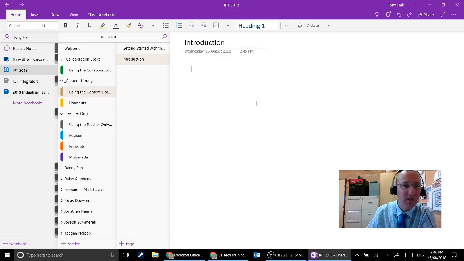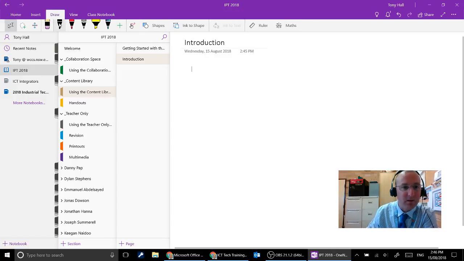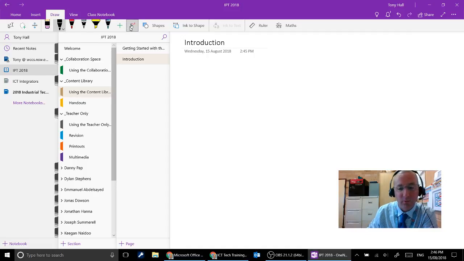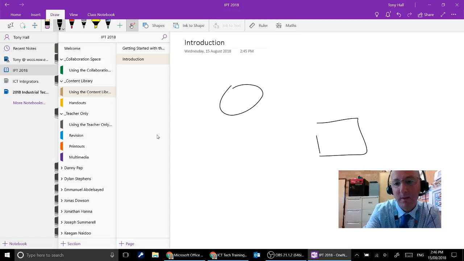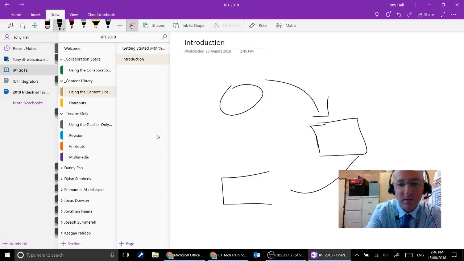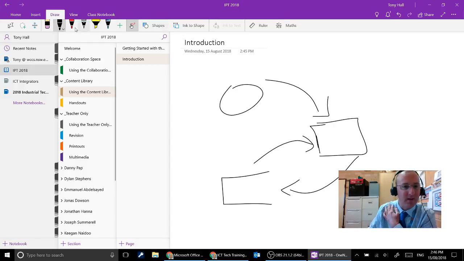So if I grab my drawing tab across the top here, you'll see I can choose my pen, and I'm able to select that I'm going to draw with my finger because I haven't got my stylus here at the moment. I can then simply draw a diagram, which is not going to look very pretty with my finger. I can do some simple labeling there, or some simple arrows and things there, and then once I've done that, I can grab my mouse